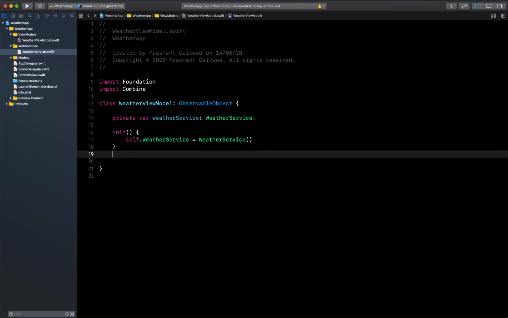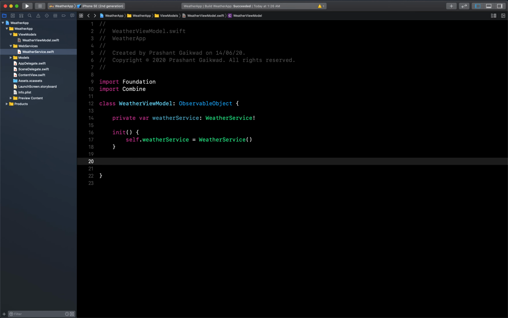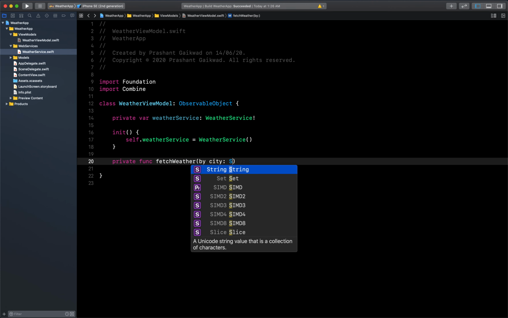Now we need to call the function. So we'll create our own function first here, a private function. Let's name it fetch weather, and it will be fetching by using the city name, which will be of type string.